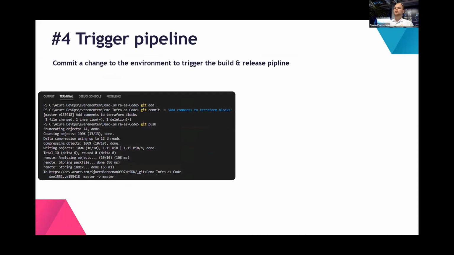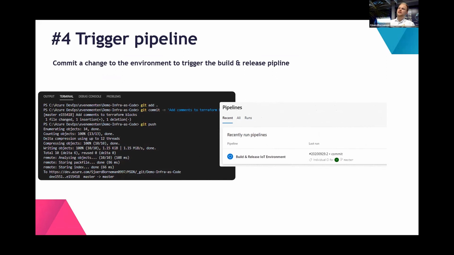And when you want to trigger them, you have to make a commit to your master branch. As you can remember, it's only being triggered on your master branch. So as you can see in this image, I'm going to commit a certain change to my solution, commit it to my master branch and then push it to the remote repository. When that is done, you will see that the specific pipeline, which is the build and release IoT environment, is